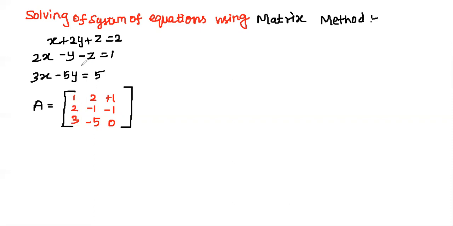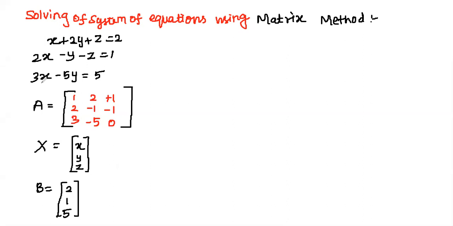So we wrote the equation in terms of a matrix. And you have to write capital X as a 3 by 1 matrix, which contains the 3 variables x, y, z. You have to write it vertically, in column format. So that is x, y, z. With the help of this matrix method, we are going to find the values of x, y, z. And then the constant terms are going to be the matrix B. It is also a 3 by 1 matrix: 2, 1, 5.